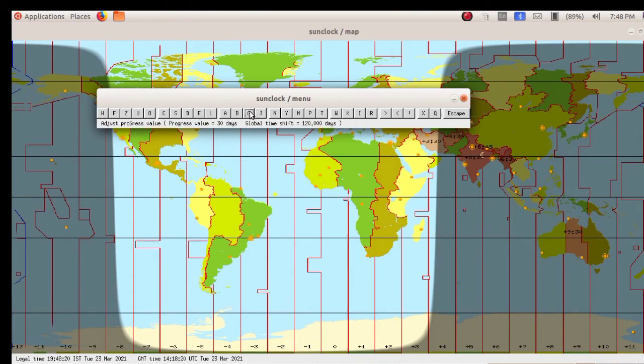So click on adjust progress value, 1 minute, 1 hour, we have to change the day. Select progress value equal to 1 day. Next, forward or backward to reach March 21? Yes, backward. So click on the B tool, 22nd. Yes, now we have reached March 21st.